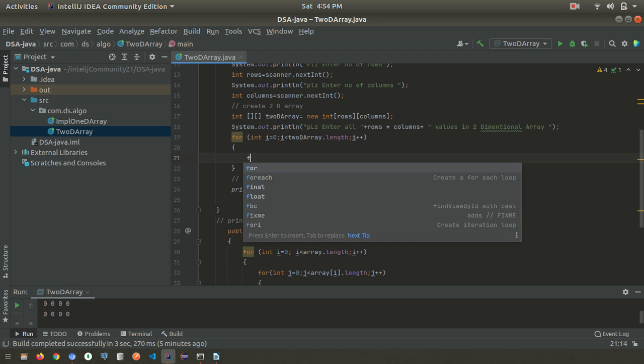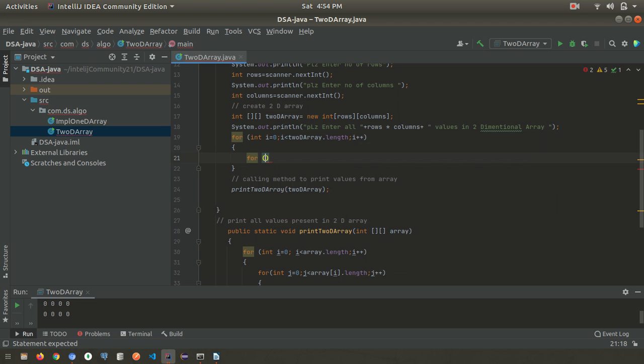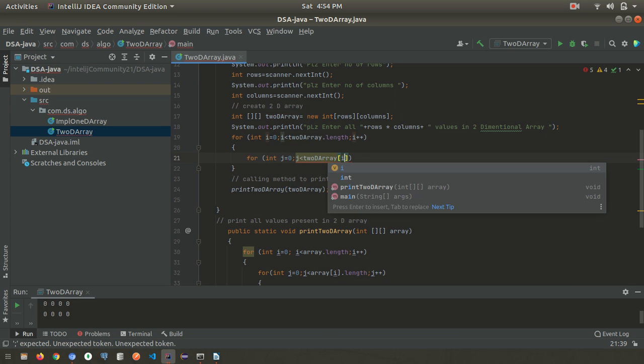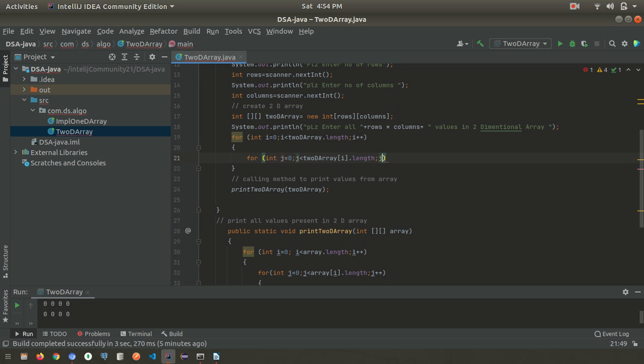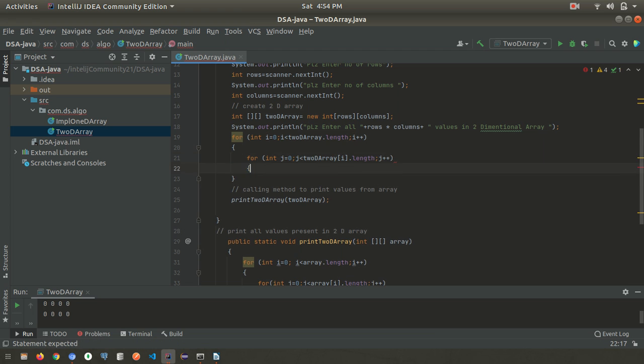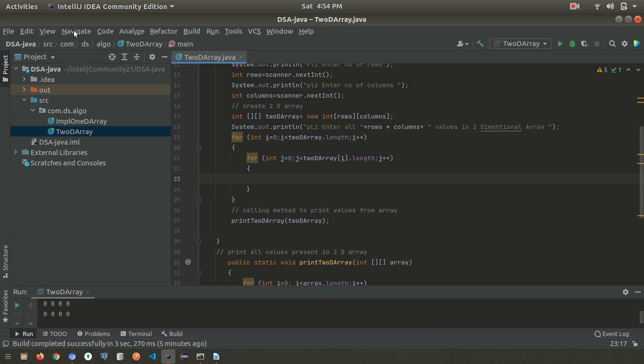Okay, so we have a two-dimensional array, so we have to write one more loop for integer j equal to 0, j is less than 2D array of i dot length, and j plus plus. Now we have number of rows and number of columns.